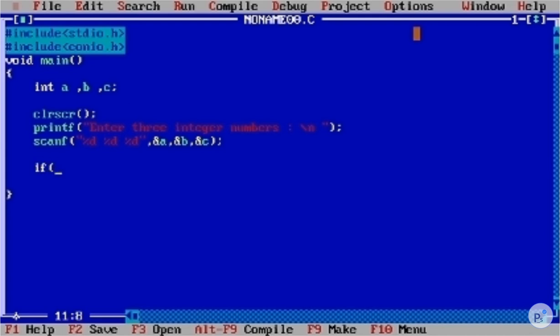So we will check if variable a is greater than or equal to b. This is the first condition, as we are checking the greatest number of all. If a is greater, the condition will be true and it will enter the if block, and there will be another condition: if a is greater than or equal to c.